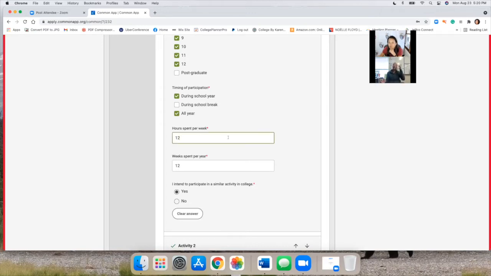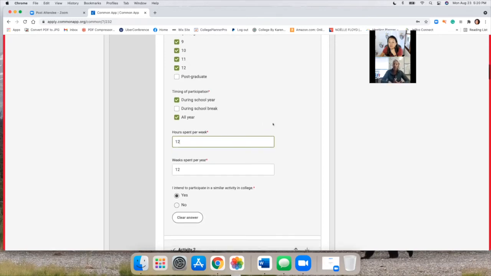So make sure that you're calculating all the time that it takes to get somewhere, set something up, commit to the practice, and then also get home. Because if you think about it, while you're only maybe practicing for 90 minutes, you cannot do anything else the 45 minutes before and the 45 minutes after, because you're in transport, right? So all of those minutes count towards the collective time that you spend at that particular activity. Same with work, same with driving your siblings around, same with your internships. You can add job shadows to this as well. So be thoughtful in terms of those hours,